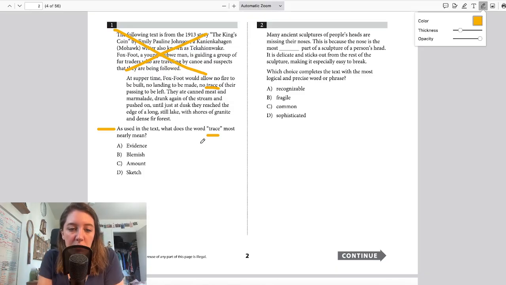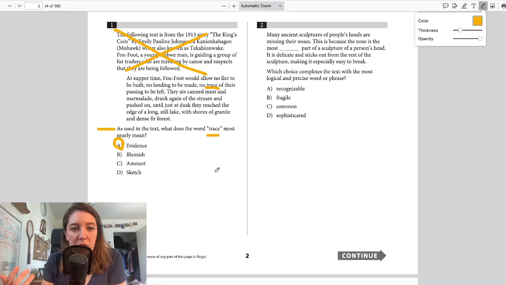But in this case, we're just going to jump right to where the word is, and we're going to read a little bit around it just to see if we can figure out what it means. So it says, at supper time, Foxfoot would allow no fire to be built, no landing to be made, no trace of their passing to be left. Okay, so this is nice. We get items in a series that kind of gives us more context. So this one is evidence